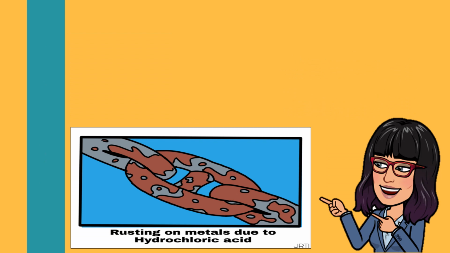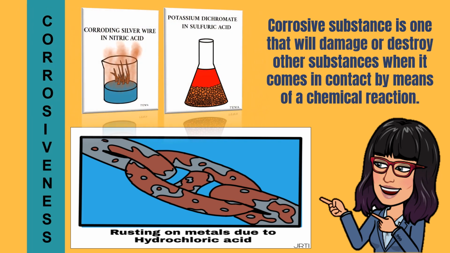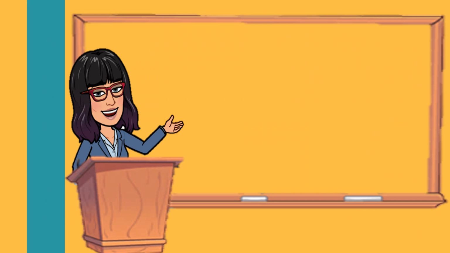A property of material that causes the gradual destruction by chemical reaction, such as strong acids, oxidizers, and bases, is known as corrosiveness. Most corrosive materials are either acids or bases. Common acids include hydrochloric acid, sulfuric acid, and nitric acid. And common bases are ammonium hydroxide, potassium hydroxide, and sodium hydroxide. These properties of matter could be classified as either chemical